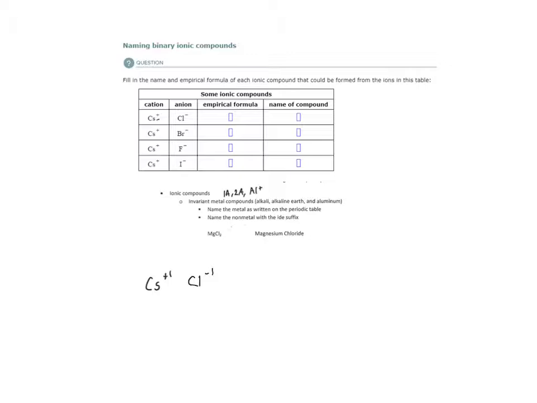So to determine our empirical formula, we use the crisscross method. We take the value of this charge, cross it over here, the value of this charge, and place it there. So this ends up being Cs1, Cl1, which is, of course, CsCl. So that is our empirical formula,